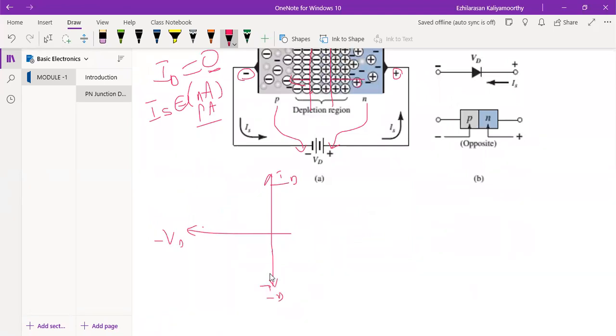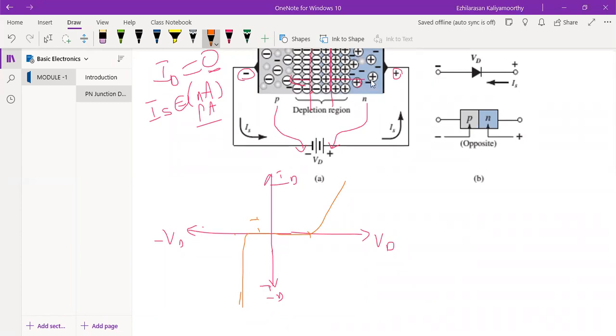Now you see in the forward bias, this is your VD, and we got the graph like this. You remember this? But during the reverse bias, what will happen? VD is equal to 0, ID is 0. That is fine. But when it goes to minus 0.1, minus 0.2, it will come like this, and after a particular point it will just saturate at the reverse saturation current here. So this will be the characteristics you will get.